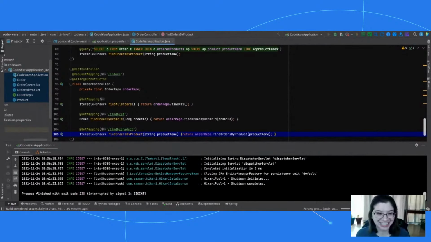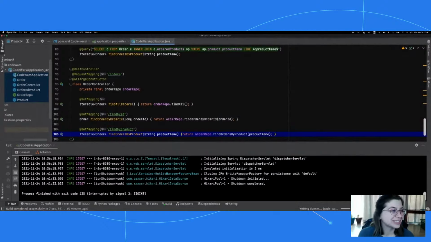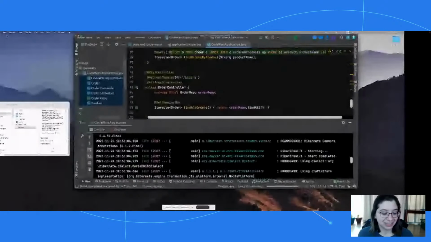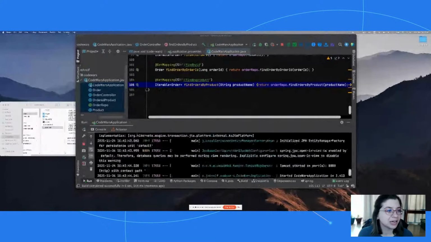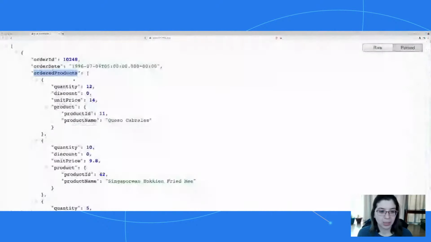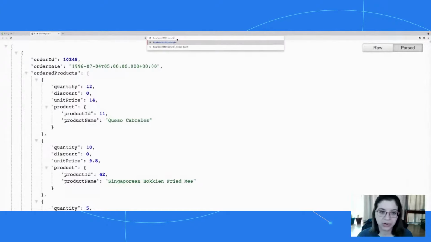Let's find out. Okay, so we will switch over to my browser tab. So far it's happy. Okay, so now our endpoint, and remember our additions are find by ID, and I need to pass it an order ID.